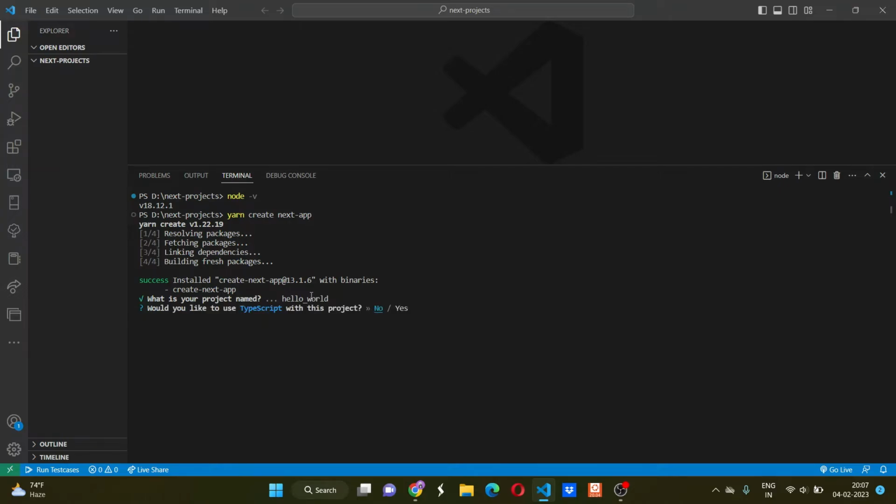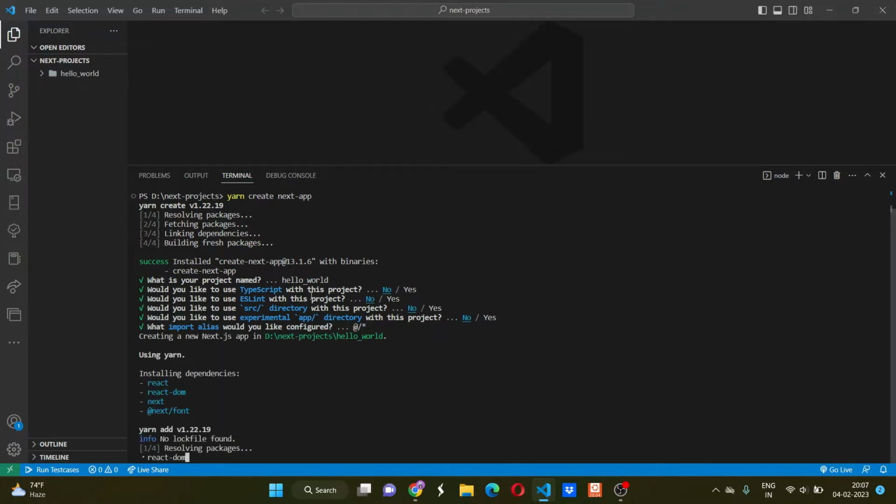The next question is, would you like to use TypeScript with this project? So it's a no. Like to use ESLint? No. Source or directory? No. And experimental app? No. Import alias, press enter and it will start to create the project. As it's a basic project, I have not included any other